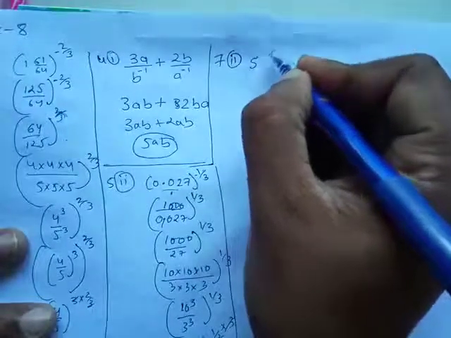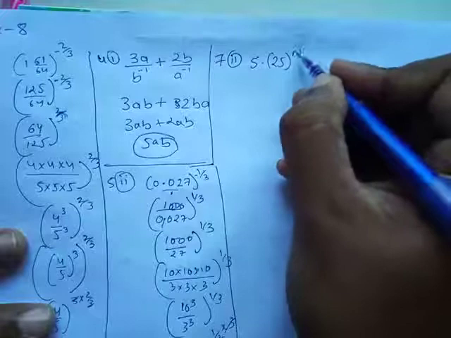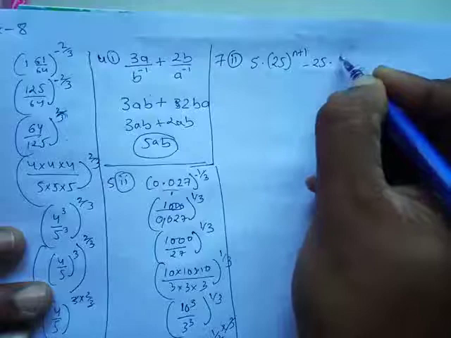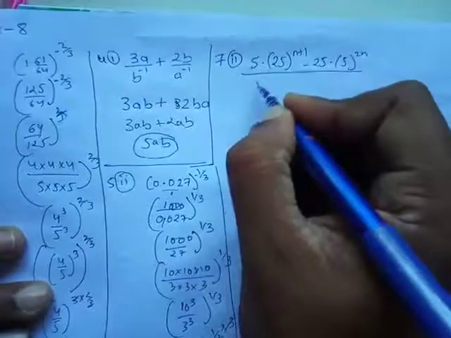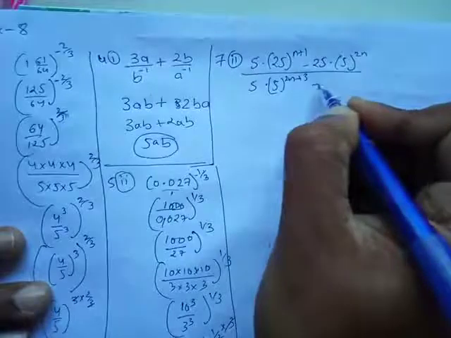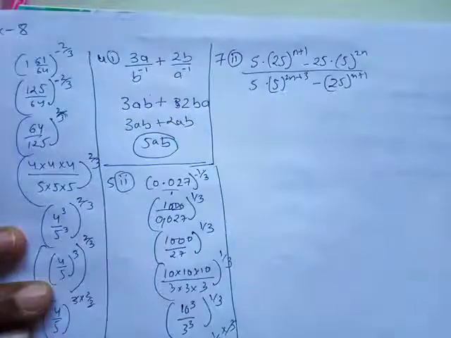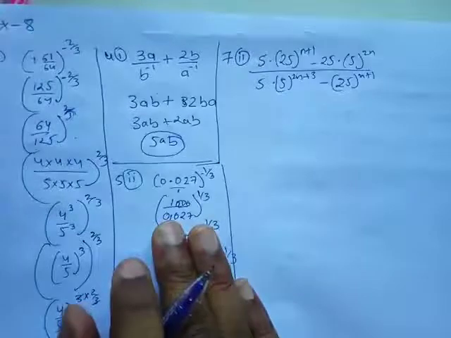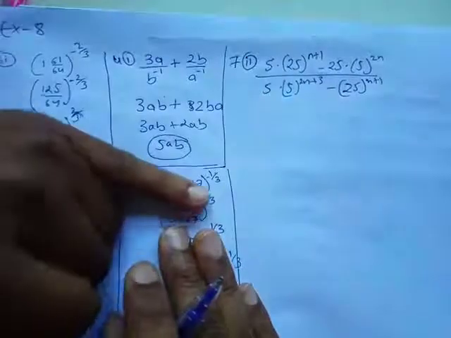5 into 25. When there is a dot, it means multiply. 5 to the power n plus 1 minus 25 into 5 to the power n. This is going to be 5 into 5 to the power n plus 3 minus 25 to the power n plus 1. I hope you guys are getting this now. Now what I'll do, I'll break the numbers that can be broken down, right? So